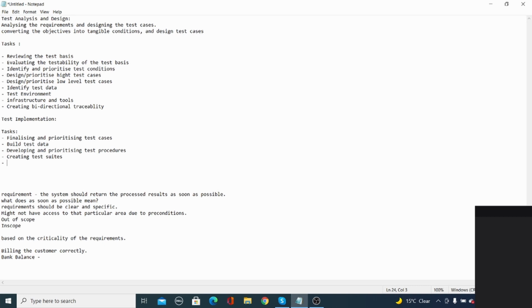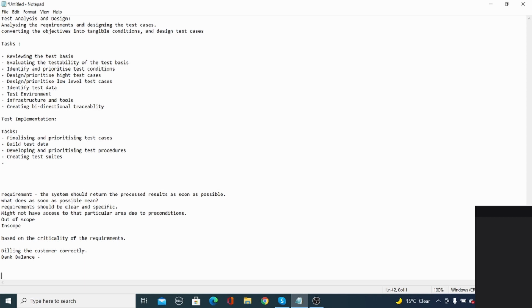Now you have the test cases, so you need to prepare the test suites. Let's make a test suite here so you can understand. So what is a test suite? If I need to explain it in a simple way, you bunch the test cases together which you can execute at the same time in sequence.